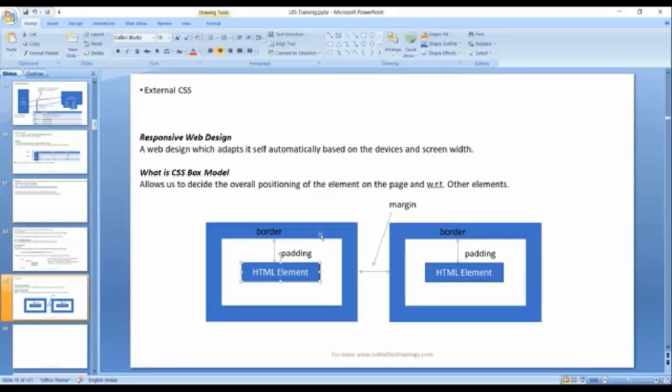So the space between the actual HTML element and its border, that's called padding space. And the space between two consecutive HTML elements is called margin space, guys. I hope it is clear to everybody what is padding and what is margin space. That is exactly the difference. This is called the CSS box model, and now we're going to use this box model to apply the amazing stuff